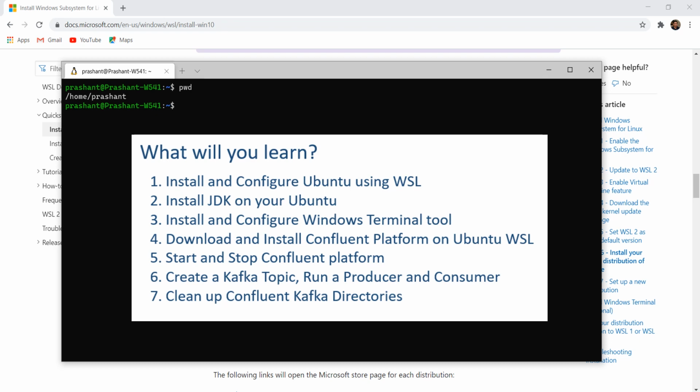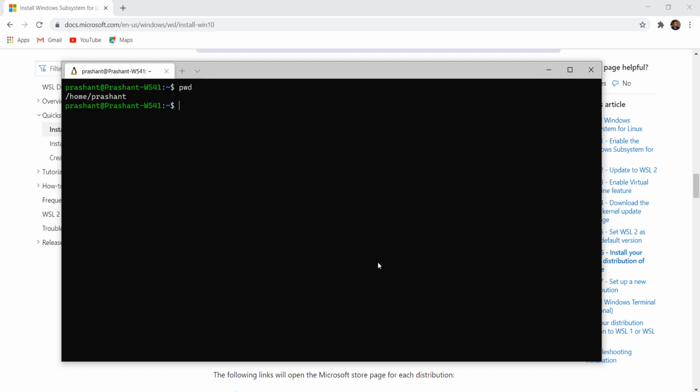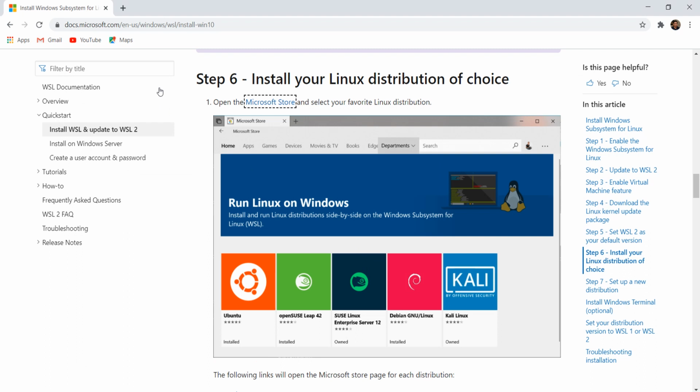We finished the first 3 items from our list. Let's move on to the next item. We will be installing and running Confluent Kafka locally in the Ubuntu subsystem. However, in your project, you might have access to a remote Kafka cluster. Both types of setup works in the same manner.